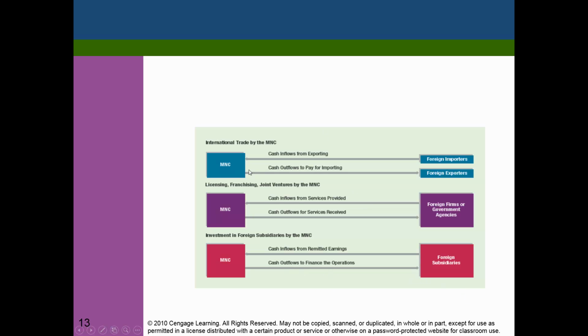So what we see here is that we started with the easiest way to set up business abroad, and that is by importing or by exporting. The second one is licensing, franchising, or joint ventures. They have to make a bigger investment. They also try to share risk between the parent company and the franchisee or the local partner. And the most intensive capital wise is the subsidiary. And in this case, what we find is that most of the risk is borne by the parent company because they make the big investment and they are also taking on 100% of the risk.